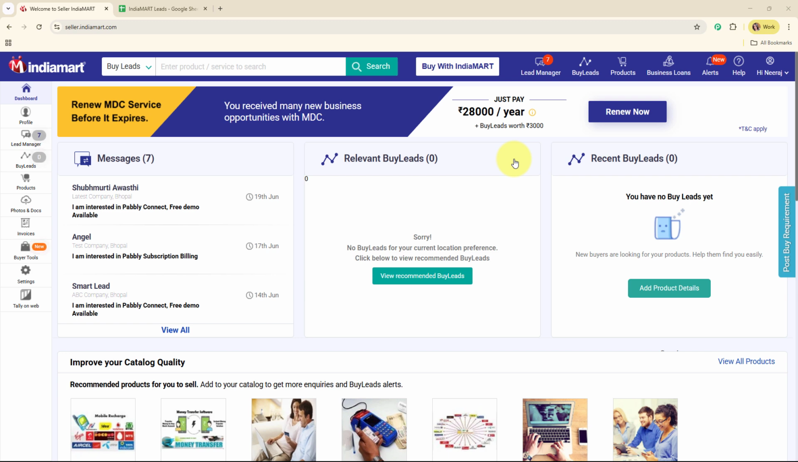This helps me keep all the leads organized in one place, track follow-ups, and assign tasks to my team and respond faster to serious buyers. It saves me time, reduces the risk of missing out on potential clients, and helps me grow my business more efficiently. Alright, so here on my screen you can see my IndiaMART account that I've already created, and here my